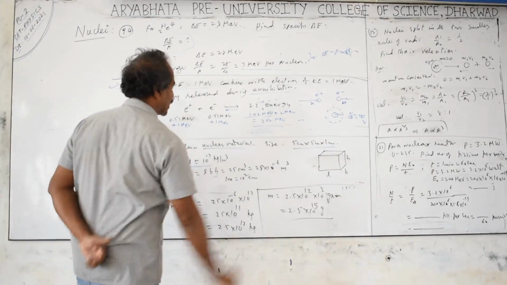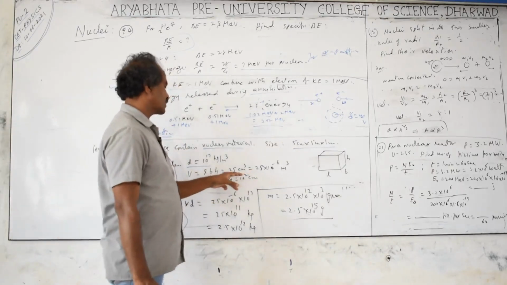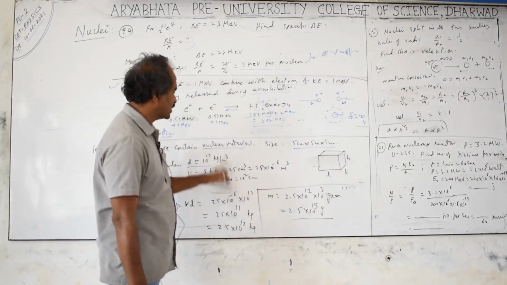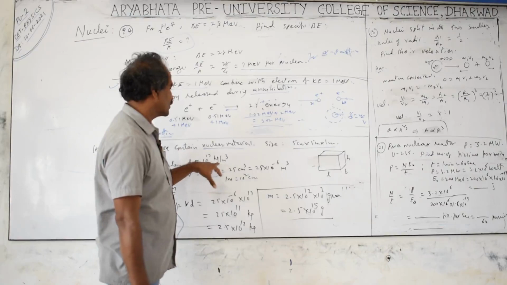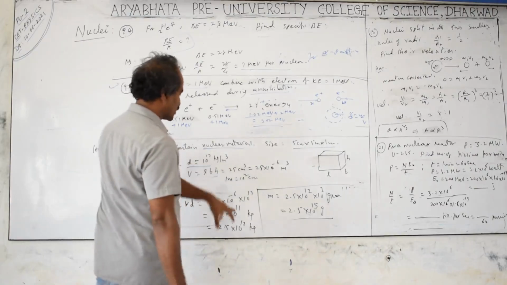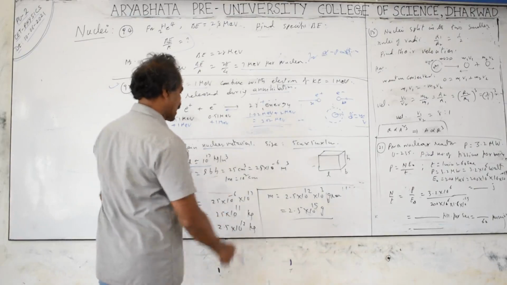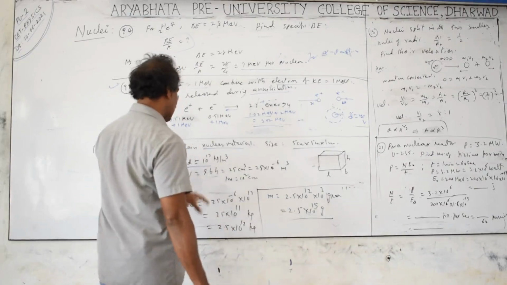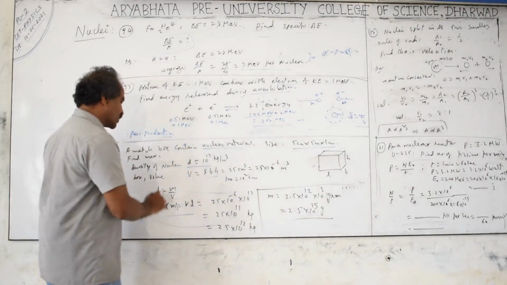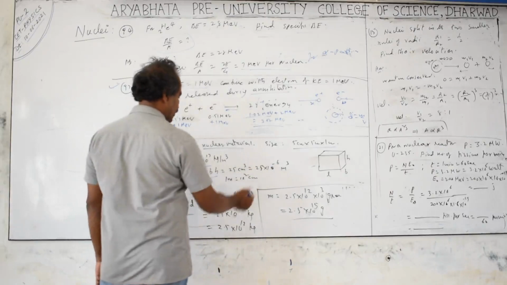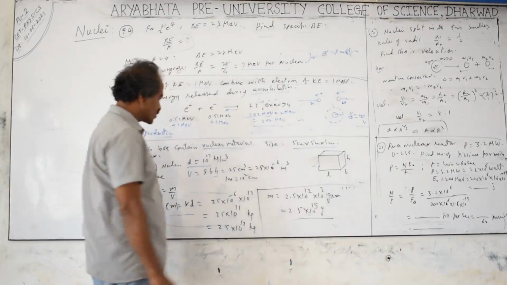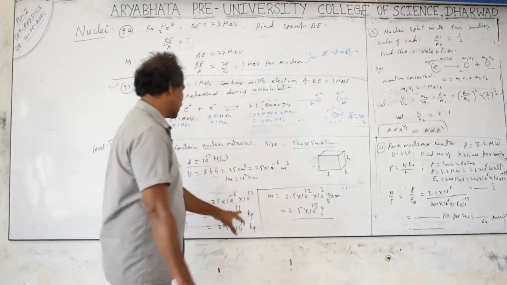5 into 5 into 1 is 25 cubic centimeters. I converted into cubic meters, but it is not compulsory; the final answer is given in CGS only, so you can take only CGS. In such a case, you have to convert kg into grams: 1 kg equals 10 to the power of 3 grams. You can convert this and show the result in CGS, or else I did it at the end. I took everything in the SI system. Density equals mass by volume. So you are asked to find the mass: mass equals volume into density. Volume is 25 into 10 to the power of minus 6, into density 10 to the power of 17 kg, which is approximately 25 into 10 to the power of 11.